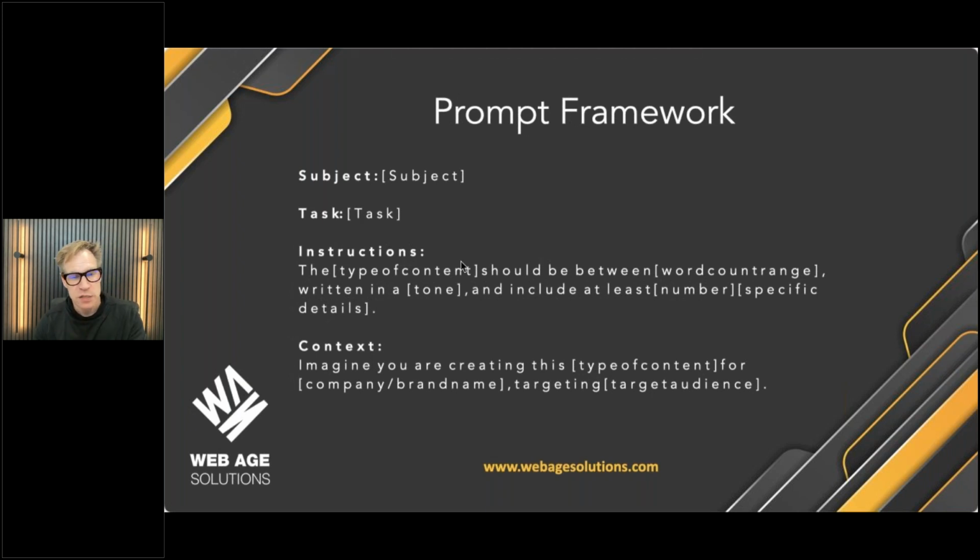And you can cut and paste this and drop it in and then fix what's in the brackets and get what you want. So if you're a very beginner, I would recommend using a prompt framework like this to kind of get the data that you want. But as you become more and more familiar, there are other ways to write prompts that might be more efficient for you or that you might find more beneficial. And so we're just going to talk a little bit about that.